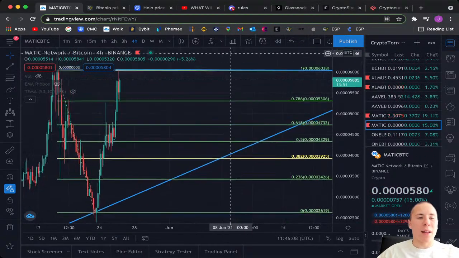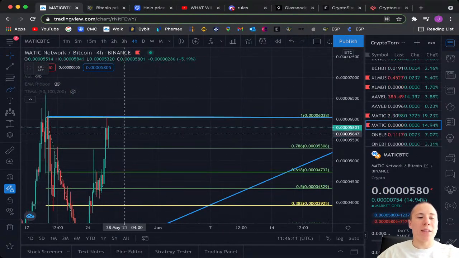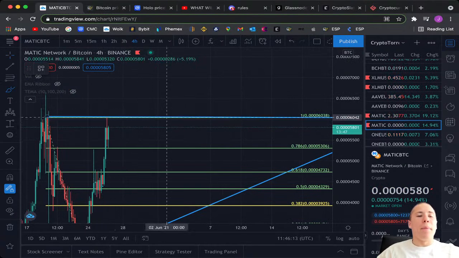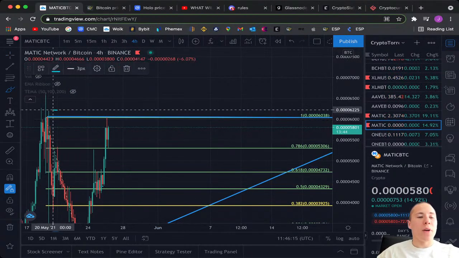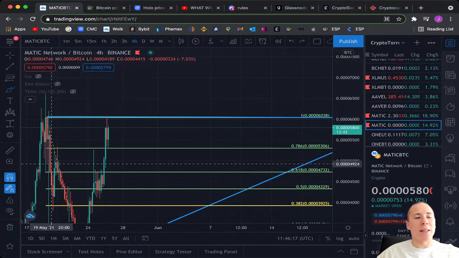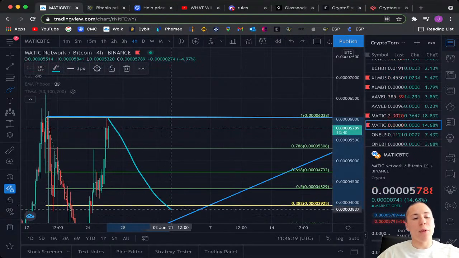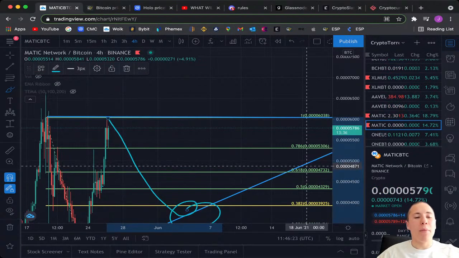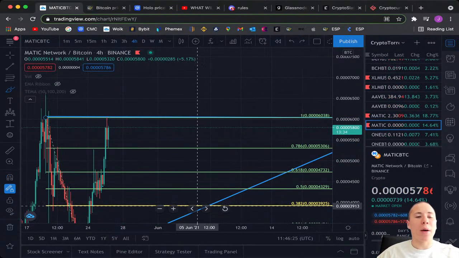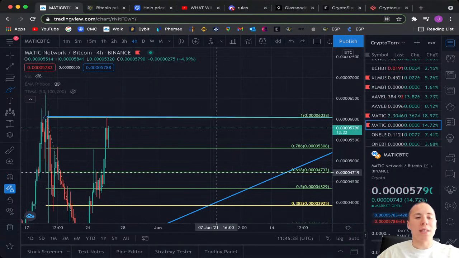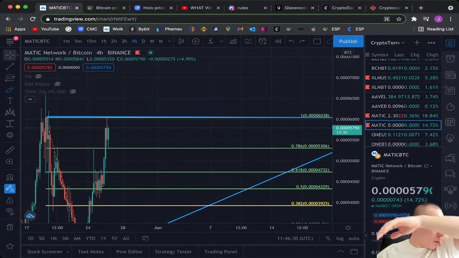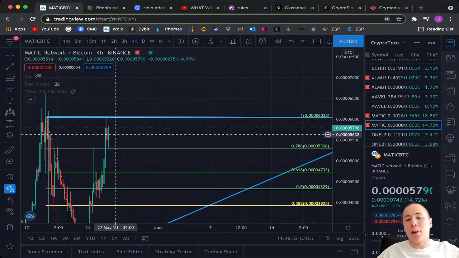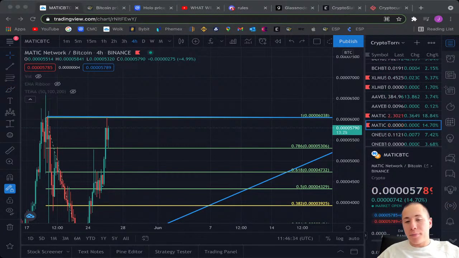So I personally think that we will be rejected by this upper level of major resistance, because we saw over here we got already rejected once, so it would be very likely that we will be heading back down, finding support on top of this upward sloping support line before breaking out above this horizontal level of resistance and heading even further up. So of course that is my personal opinion, and